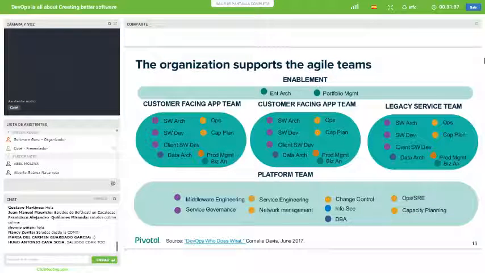I guess other than sales, of course. Sales is always important if you're looking to make money with software. But we have these dedicated teams of all the roles that you need working on the software. So this is taken from a great talk that Cornelia did that kind of goes over this more in depth.